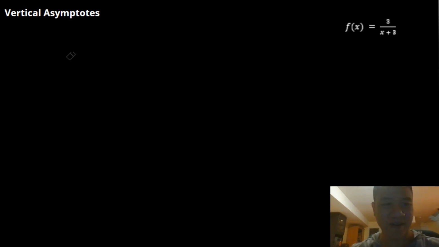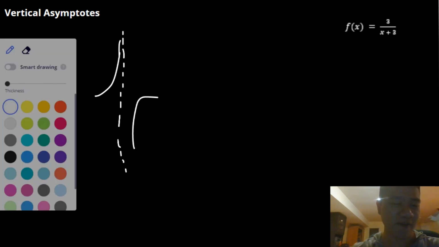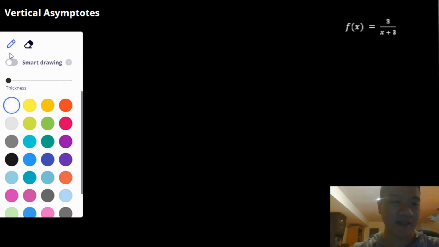So here we're going to do vertical asymptotes. What vertical asymptotes are is the vertical line that the rational function gets close to but never crosses. So I'm just going to draw a shape. Sometimes you'll see some functions look like this, where it goes up and gets steeper and steeper on forever, and on the other side it does the same. And there's this invisible line right down the middle that the function doesn't cross, and that is called a vertical asymptote. So for your rational functions, the way we find these is when the denominator,